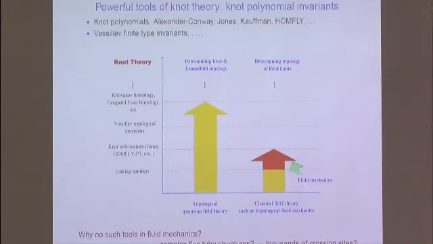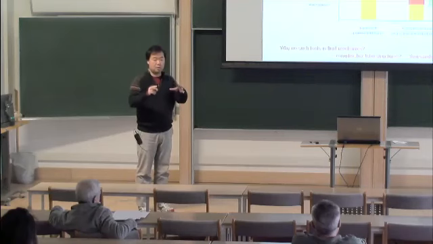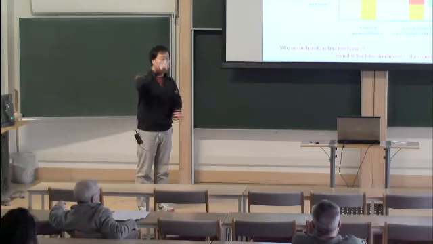So sometimes I just think about this problem. Why previously did we have no such tools in fluid mechanics? I guess the reason is, firstly, in fluid mechanics the problem is more complicated, because there we have more complicated flux tube structures. One shell of flux tube structure, another shell, another shell. It is not an ideal line of a knot.